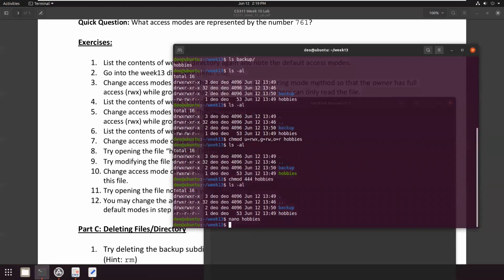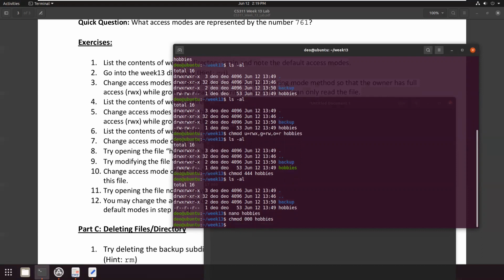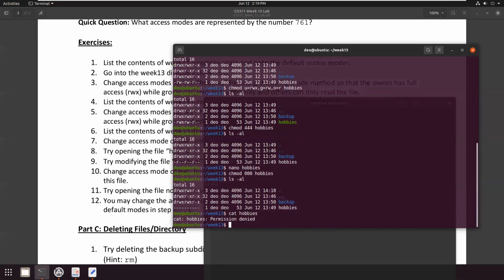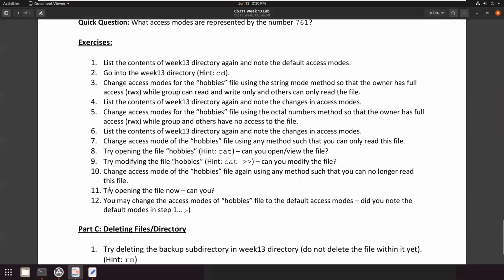So chmod, and this time we have all zeros. Enter, ls -al. So now all the permissions are removed from this particular file. And if I try to show the contents of the hobbies file, it says that the permission is denied. Okay, so we cannot open the file anymore.